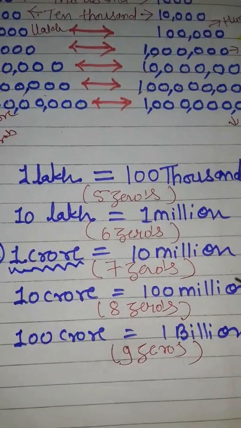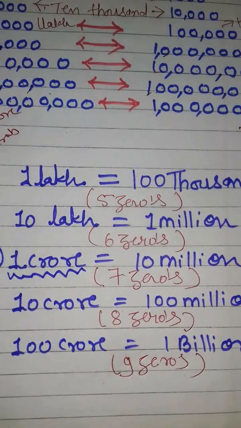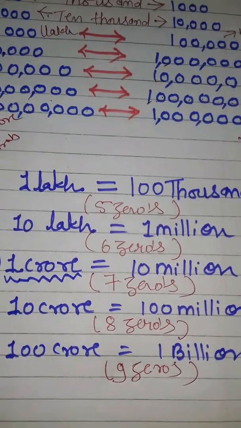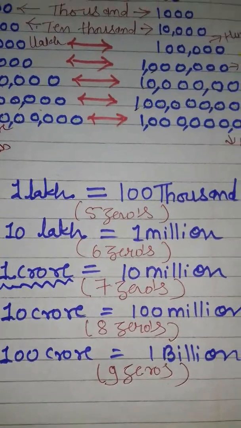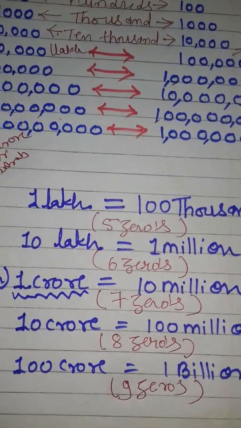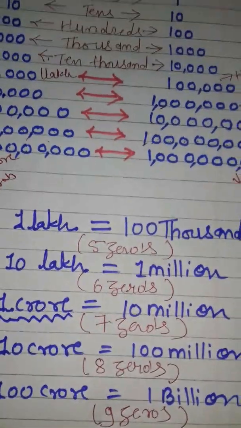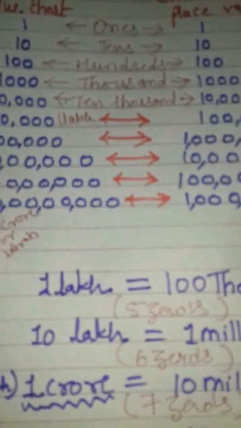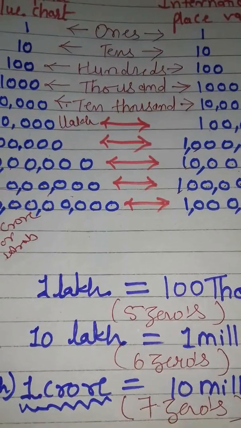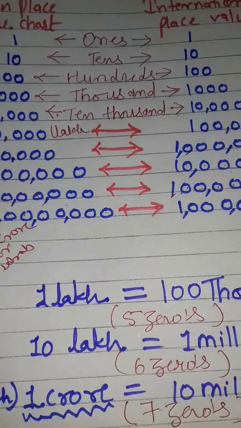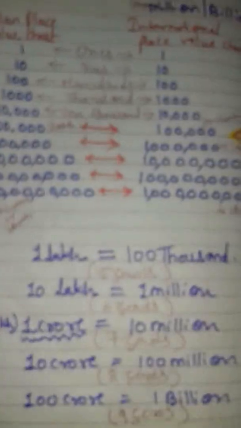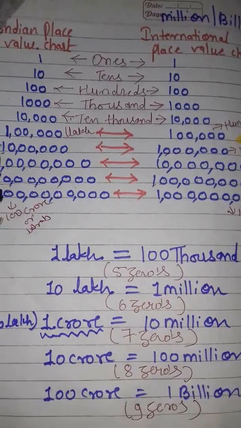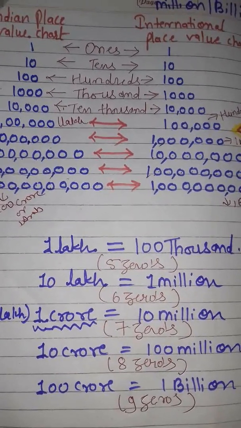So students, this was the way of reading large numbers in both place value charts, either the Indian system or the international system, how we read the same large number according to the different place value charts. I have explained it here. So students, in my next video we will start with the exercise work based on this. Now for today you just revise all the things whatever I have told you and explained in this video.